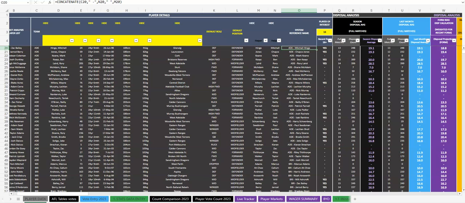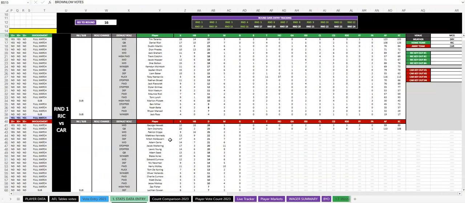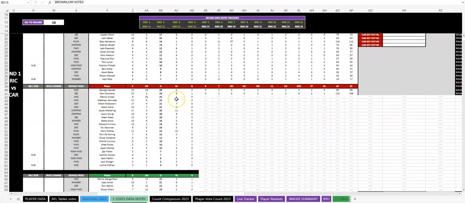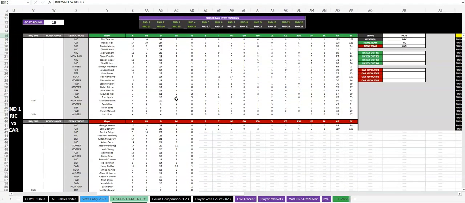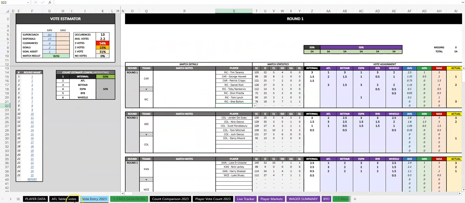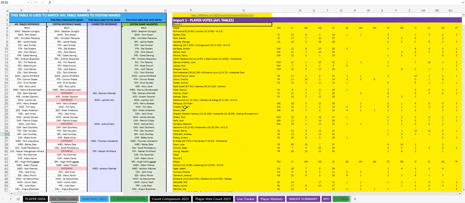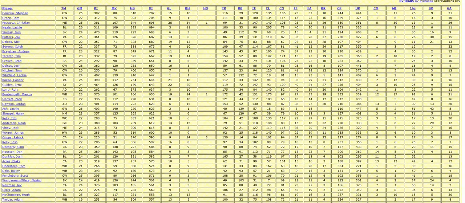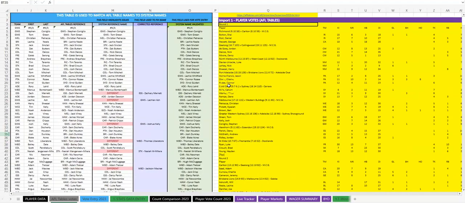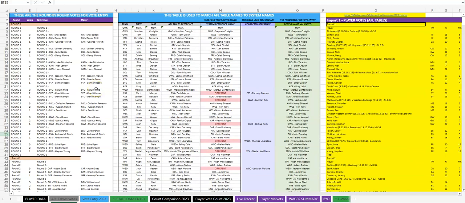Okay, big updates on the Brownlow front. I've managed to connect my player stats for every game into the Brownlow sheet. That's one integration. The other thing I did was integrate AFL Tables and all of their votes into the sheet as well, which means that